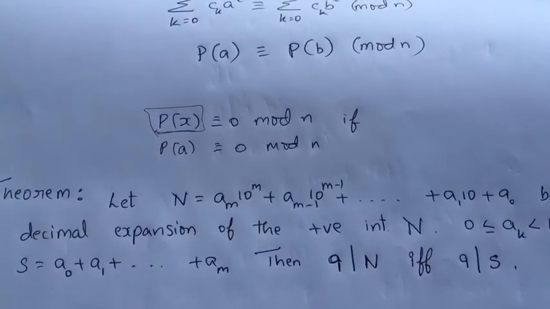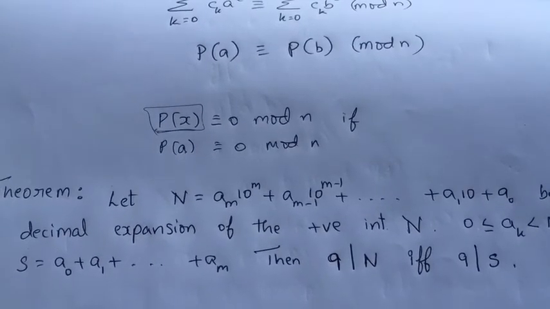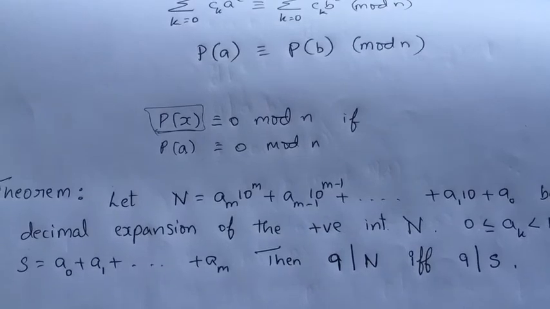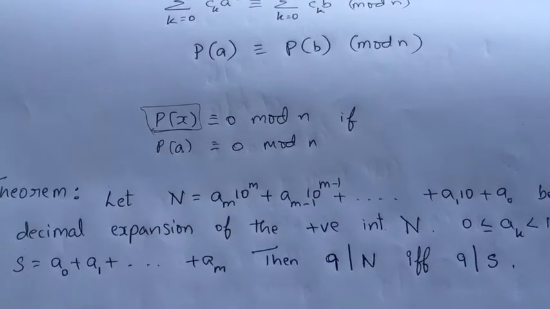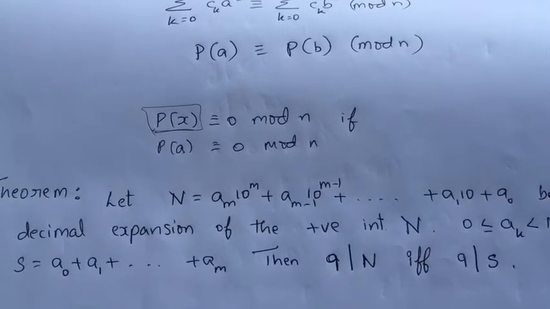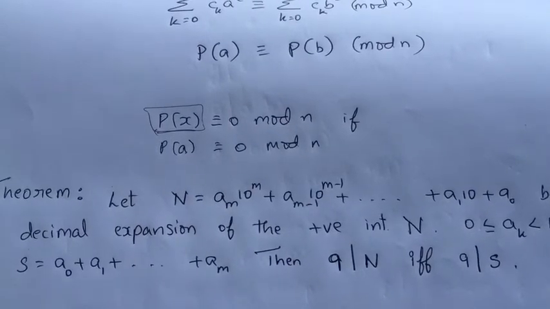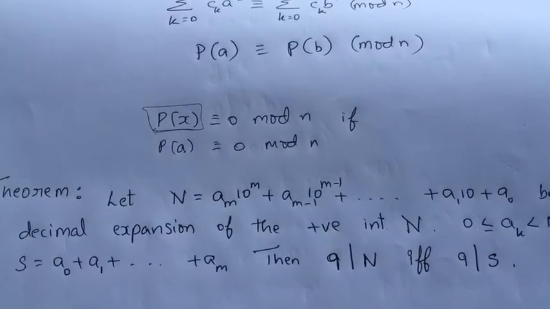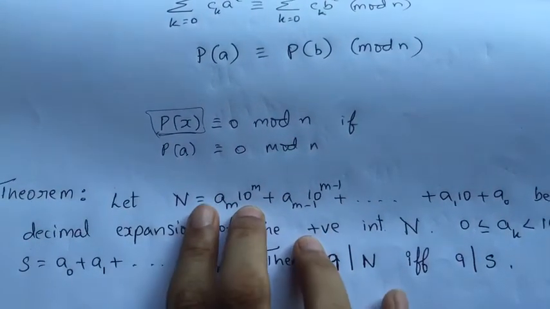So to check divisibility, we go for many division tests. Among them, one is whether a positive integer is divisible by 9 or not. If the sum of the digits in the decimal representation is divisible by 9, then the whole number itself is divisible by 9. Means we are writing the number in terms of its decimal representation and taking the coefficients. That's the same thing the theorem says.